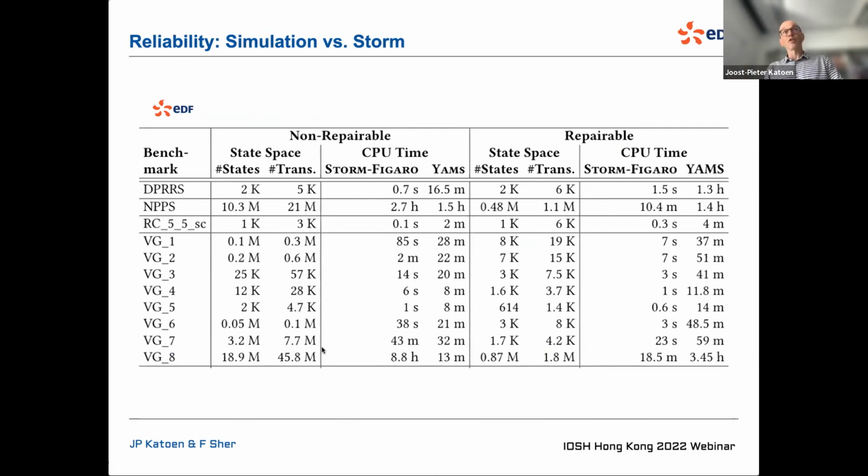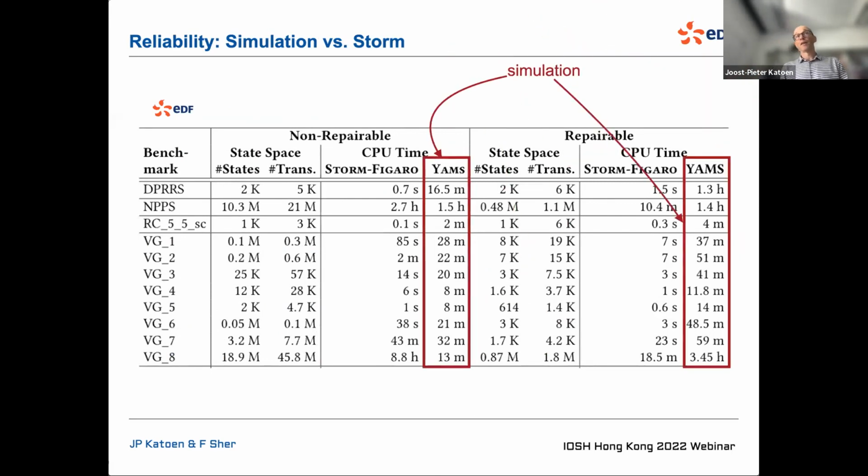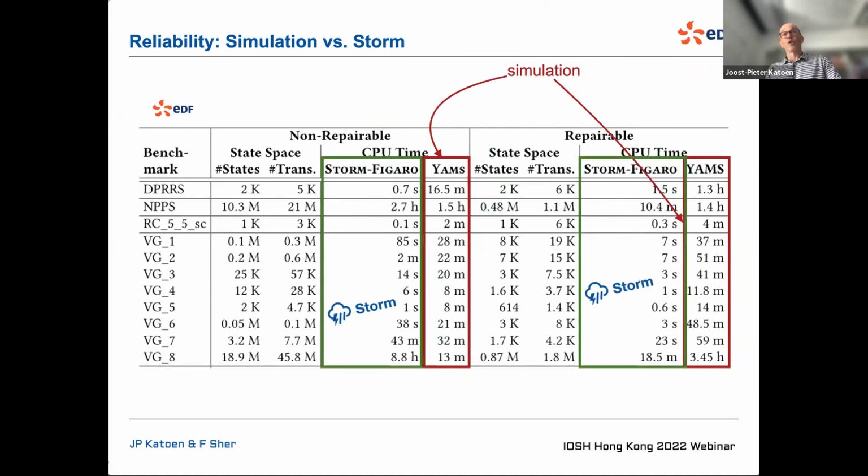And then we basically compared the simulation time. YAMS is a dedicated simulation tool for reliability. So it's not an off-the-shelf discrete event simulator, it's really tailored. And you see actually that for certain models, you need quite a bit of time. Whereas if you compare this to the model checking time, you see that sometimes model checking is way faster. Here you see, for instance, 10 minutes compared to 1 hour of simulation. Sometimes it's also the other way around, right? I mean,